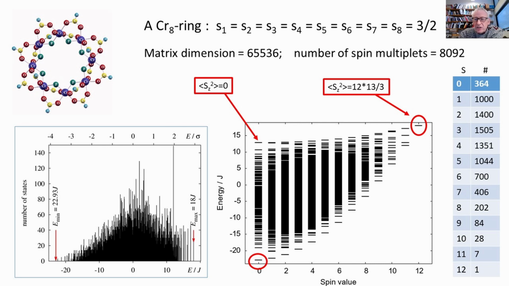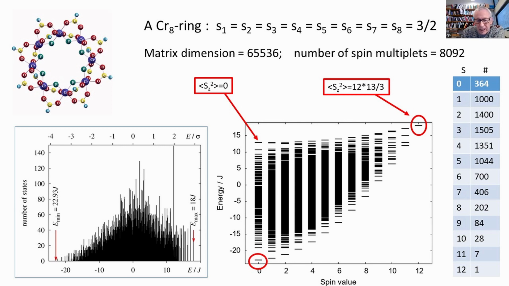And essentially, it is not necessary here to diagonalize matrices of this size, because you can decompose that big matrix into blocks of size 1000, 1400, 1505, and so on. So this can still be dealt with using reasonably simple algorithms and formalisms. But see, here we can easily see that at the bottom,